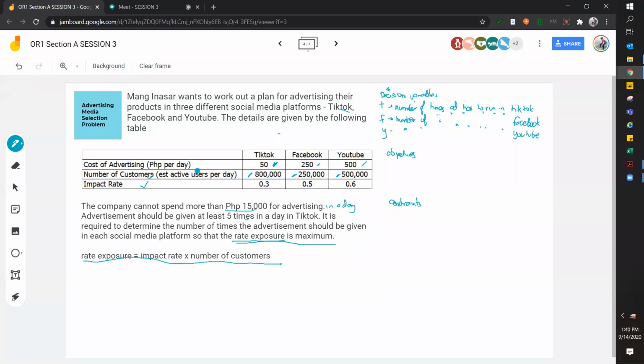Okay. Now, what is your objective? So, yun nga, malinaw naman yung ating goal, ano yung pinapadetermine sa atin, ilang times daw. Then, anong objective natin? Maximize. Ano yung ima-maximize ko? Rate of exposure is equal to